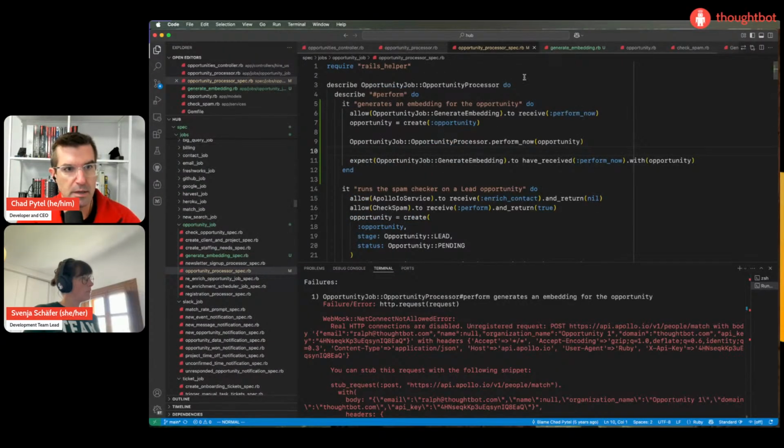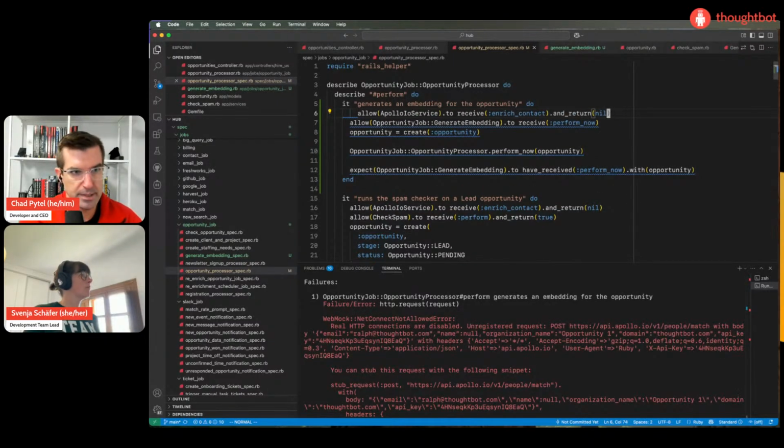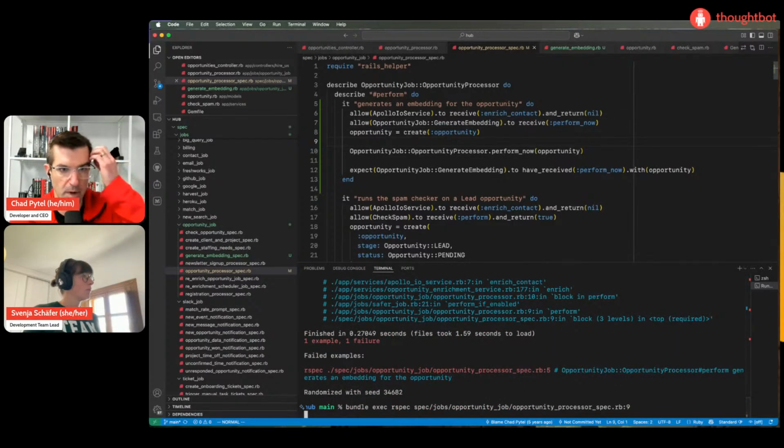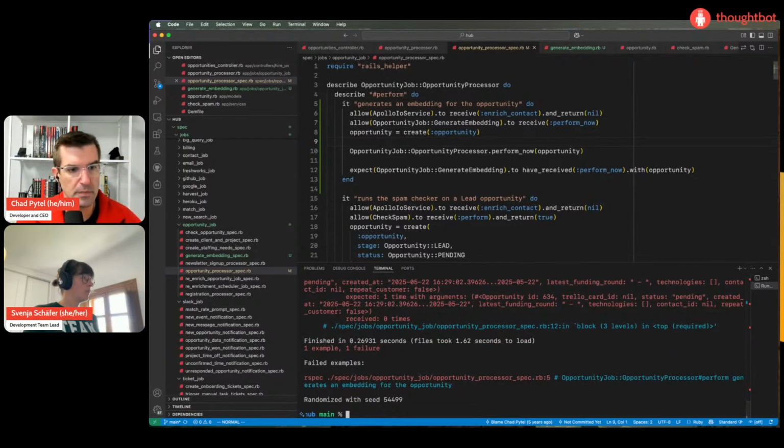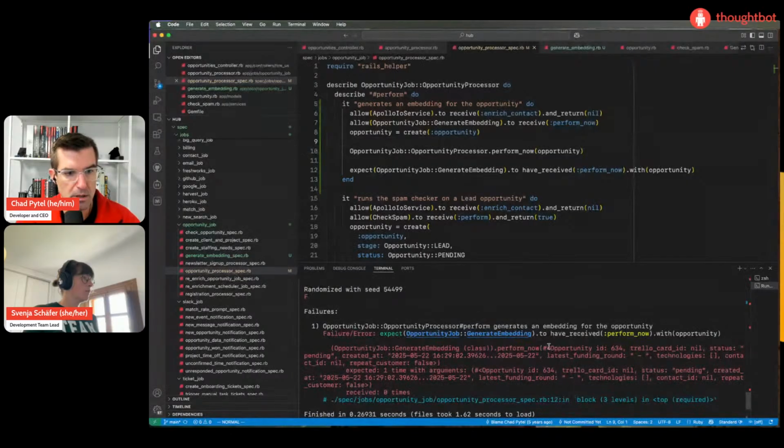I actually feel like we should, no, I don't want to get distracted with it now, but we should change how these specs work, rather than stubbing everything out. We should be able to turn them off or something. But that's unrelated to our current task, so we have to stay on task.